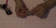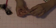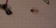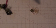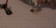And again, just play with it till you get the look or the direction of the flower you want to go with. And then from here, oops, my glue gun. From here, you just